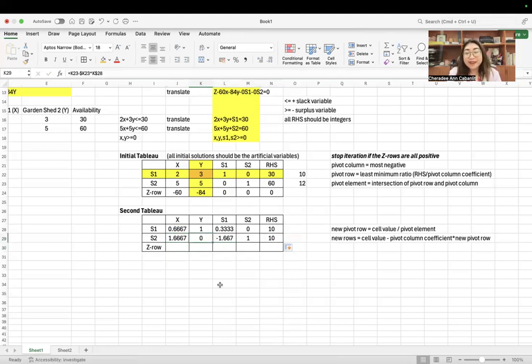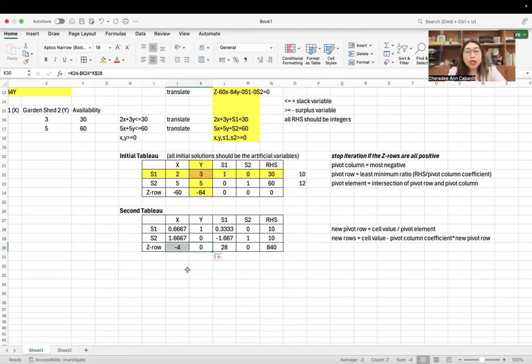So your clue, guys, is that the other values in the pivot column will always be 0, and the pivot element will always be 1 because it's divided by itself. So we have programmed it right. If you want to do it manually, again, cell value minus its pivot column coefficient times the new row, which is 0.6667. We can just drag this down because that's already programmed. If you do it again, the program is correct.